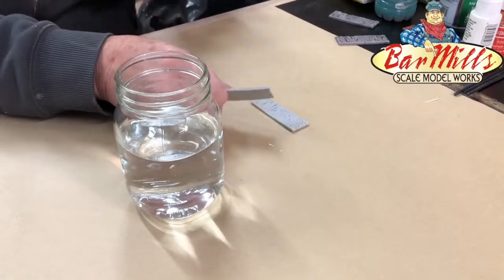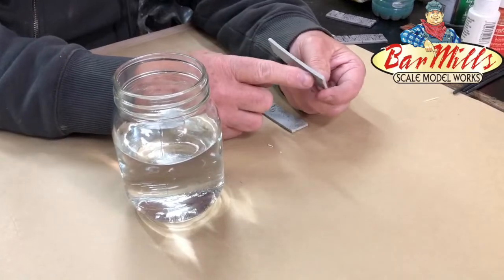The first thing we're going to look at is, if you look at our resin sidewalks, sometimes they have a little bit